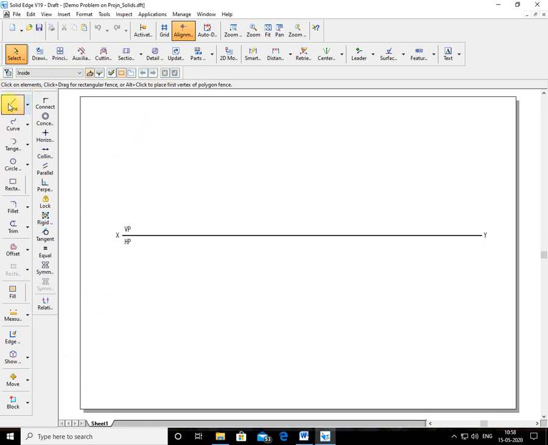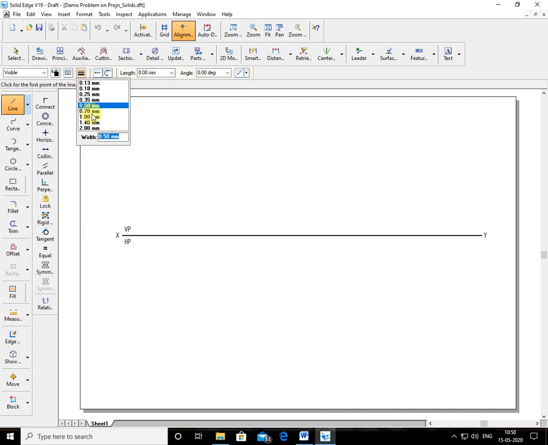So I'll choose the line command. Here I'll take a line thickness of 0.7, because I want it to be seen clearly in the video. That's why I'm increasing the thickness. So I'll draw a pentagon of 25 mm sides by the usual angle method. So length 25 mm, angle 0, use the tab option. Then again you provide 25 mm in the length. Again it asks for the angle, you give the angle 72.